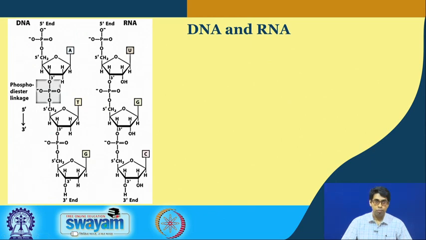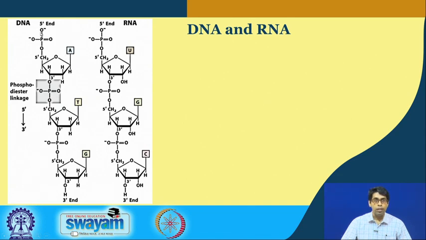We talked about DNA and RNA because this is one of the challenges that we face when we are purifying DNA, because DNA and RNA are chemically very similar. What we saw is that the sugar moiety is very similar except the H and OH at the 2' position. The nitrogenous bases are very similar except one, which is thymine in case of DNA and uracil in case of RNA. And the third component, the phosphate group, is exactly the same.